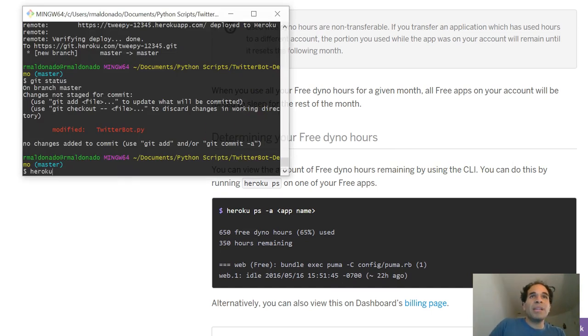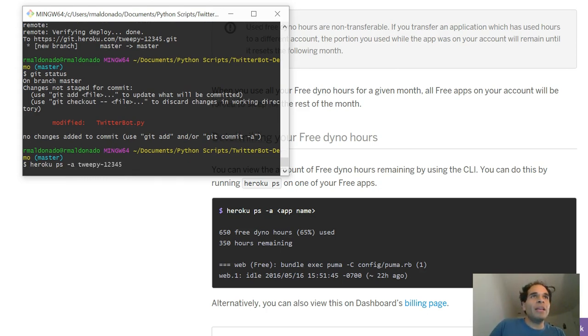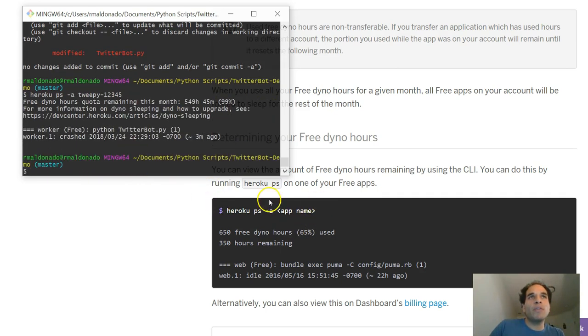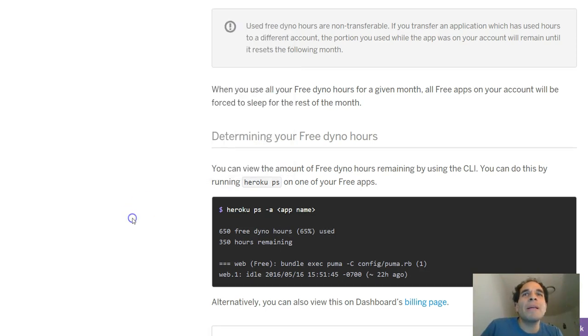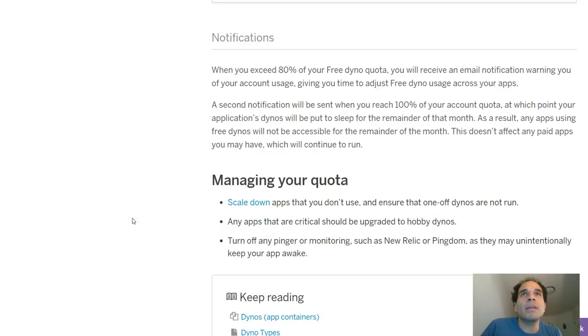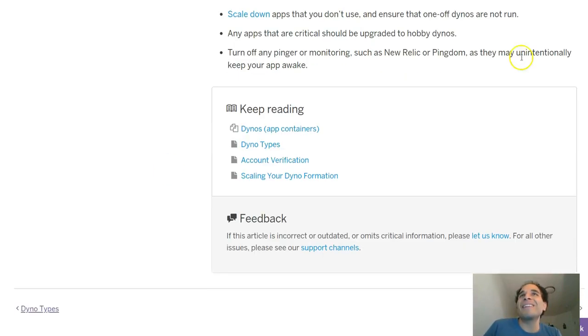Okay, I'm going to get back into all that right now, but I'm really curious. heroku ps -a tweetpy12345, the app name, and I'm just seeing how many hours I have left. So for this month, I have about 549 hours left. That's great, cool. And my program's not going to sleep, and I guess it won't be charged. So yeah, that's great. Anyways, let's go back to